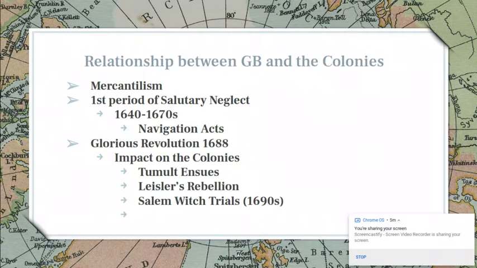So at this point in time, Charles II gets really serious and decides that he is going to create a series of acts and start regulating the colonies again, trying to end this period of salutary neglect. And the Navigation Acts are such acts. What the Navigation Acts do is create this really tense environment which regulates trade between the colonies